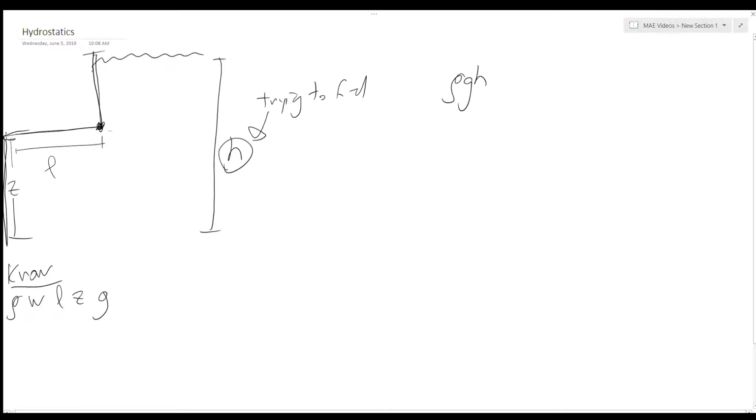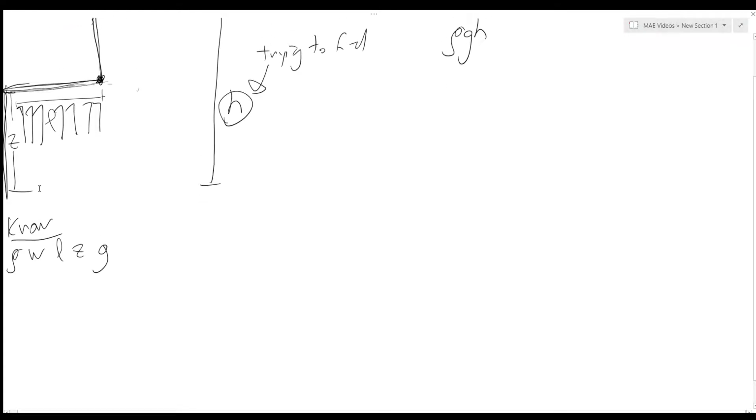In this case, this part is all at the same depth from the top of the water, which means there's going to be a constant pressure at this location. We're trying to turn this pressure into a force. It would be pressure times area, right? Which means we would get this force, I'm going to call it F_L because it's on the left side of this thing,